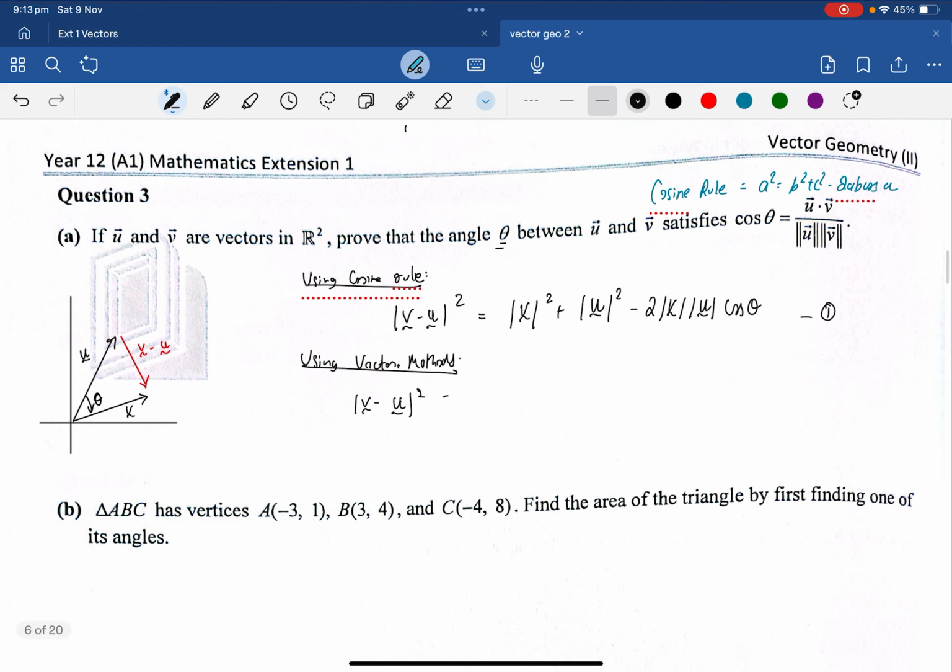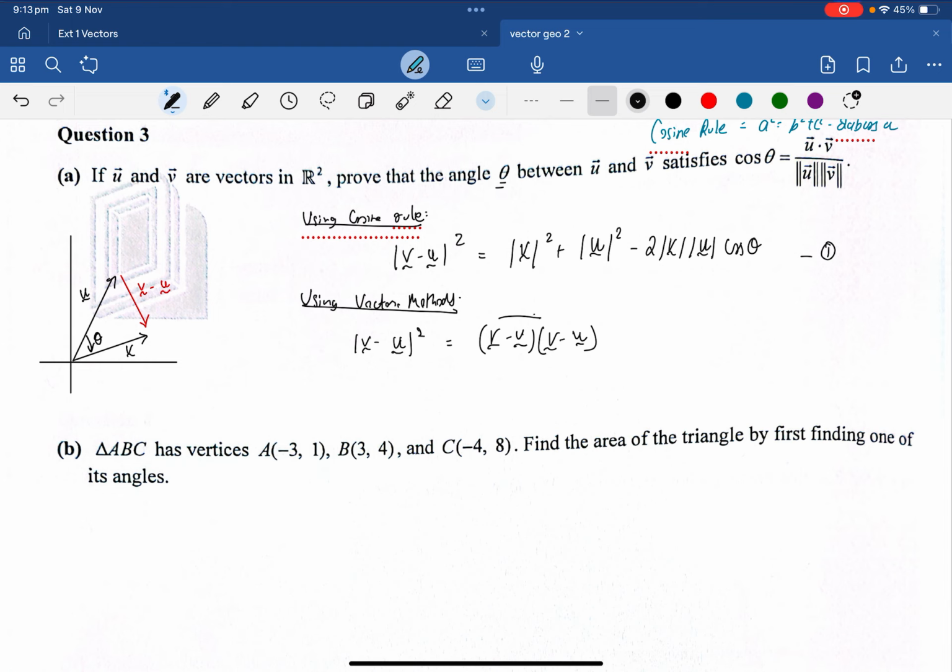You can write this as normal algebra, which is just v minus u into v minus u. V minus u whole squared is just v minus u into v minus u. And now foiling this out, expanding as shown, we will get